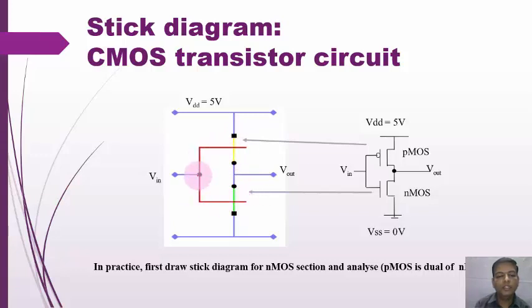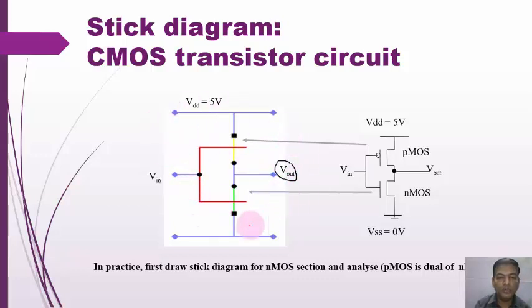In between the polysilicon layer and the metal, a contact is there. Then VDD and VSS lines are there, and VDD is connected to the source of the PMOS and VSS is connected to the source of the NMOS. Output is taken in between these two drain terminals, so a metallic contact is given and Vout is taken across this particular terminal.